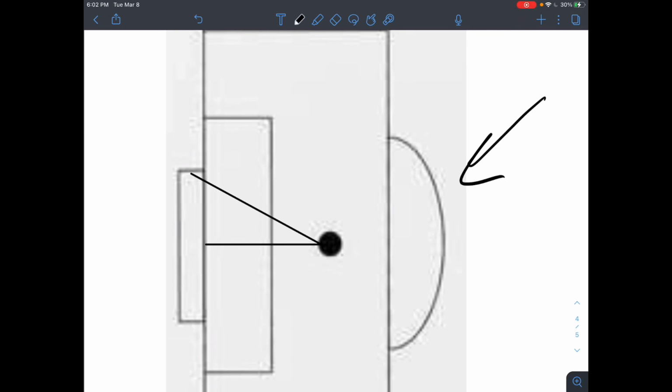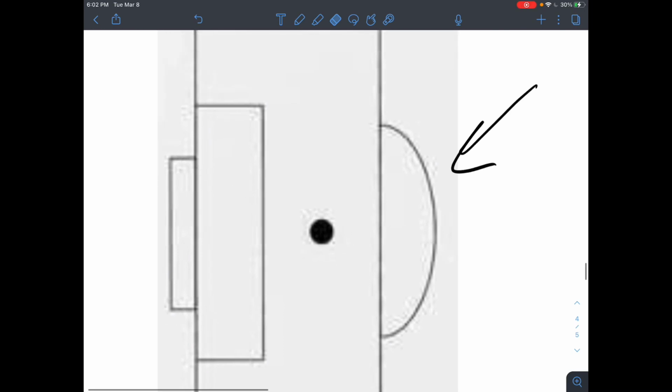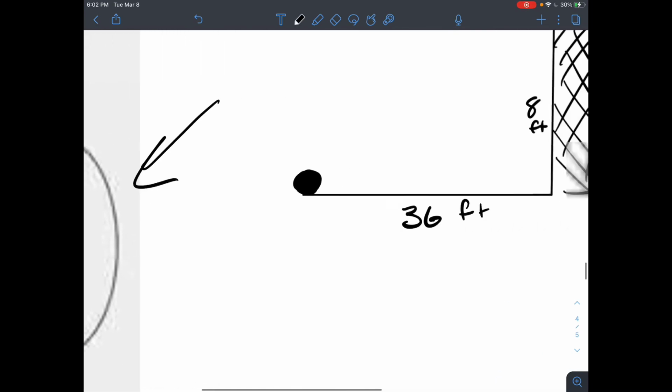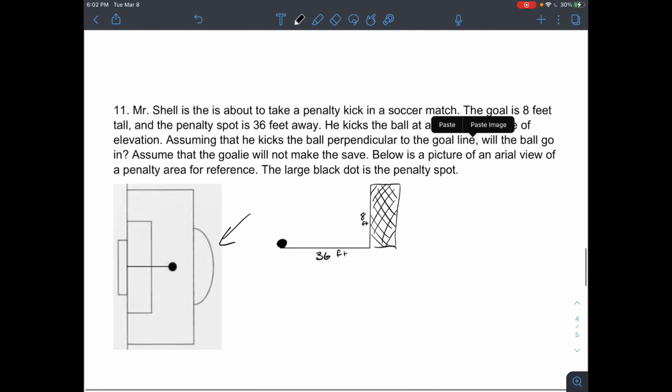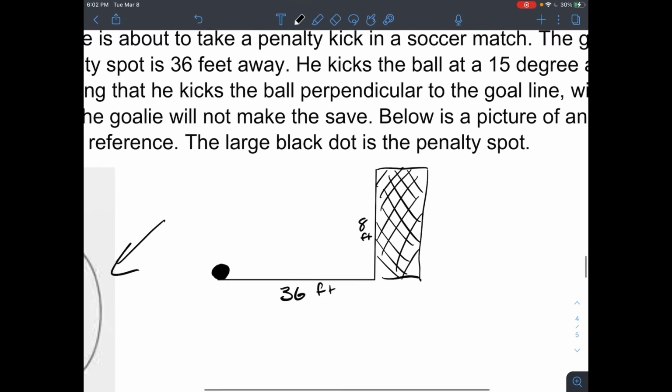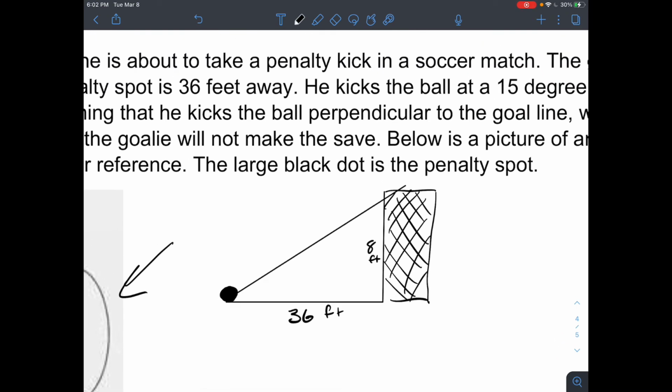But that's quite a bit more to calculate, and maybe a challenge problem for the future. But so we're going perpendicular, so it's going straight at the goal. If I kick it at a 15-degree angle, now I just want to know if it's going over or if it's going in. So basically, all we have to do is calculate